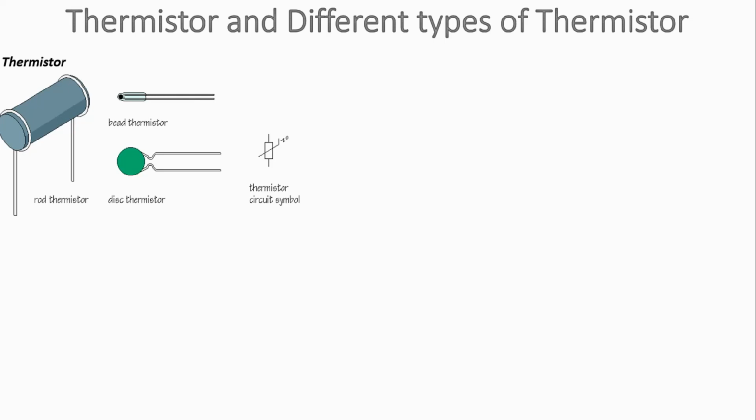NTC thermistors exhibit the characteristic of resistance falling with increasing temperature. These are most commonly used for temperature measurement. Here shown are the types of electronic components which are indicated as thermistors. A thermistor is similar to an RTD, but a semiconductor material is used instead of metal. A thermistor is a solid state device and has larger sensitivity than an RTD.